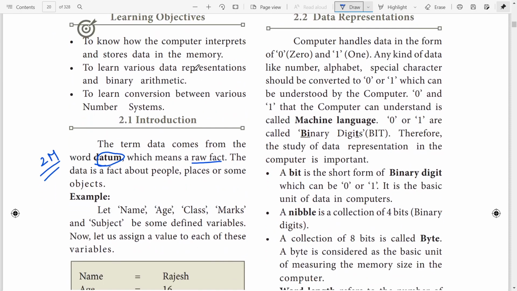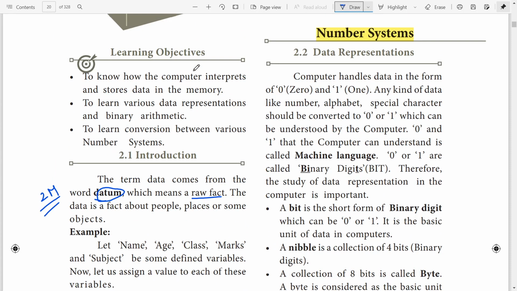Okay. Next one is data representation. How are we going to represent data in a computer system? Computers handle data in the form of bits and bytes, zeros and ones. Any kind of data like number, alphabet, special character should be converted to zeros and ones. We call these zeros and ones as